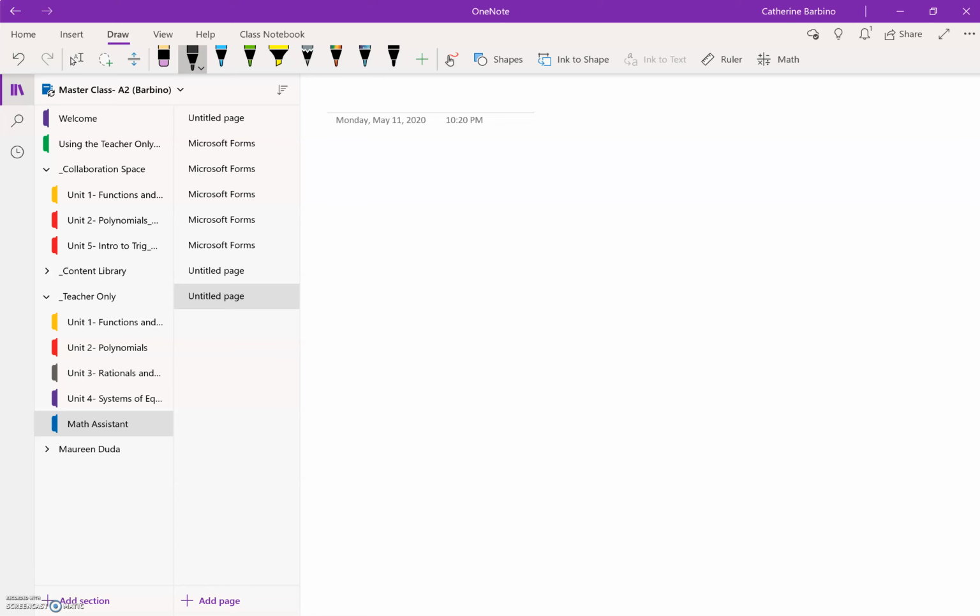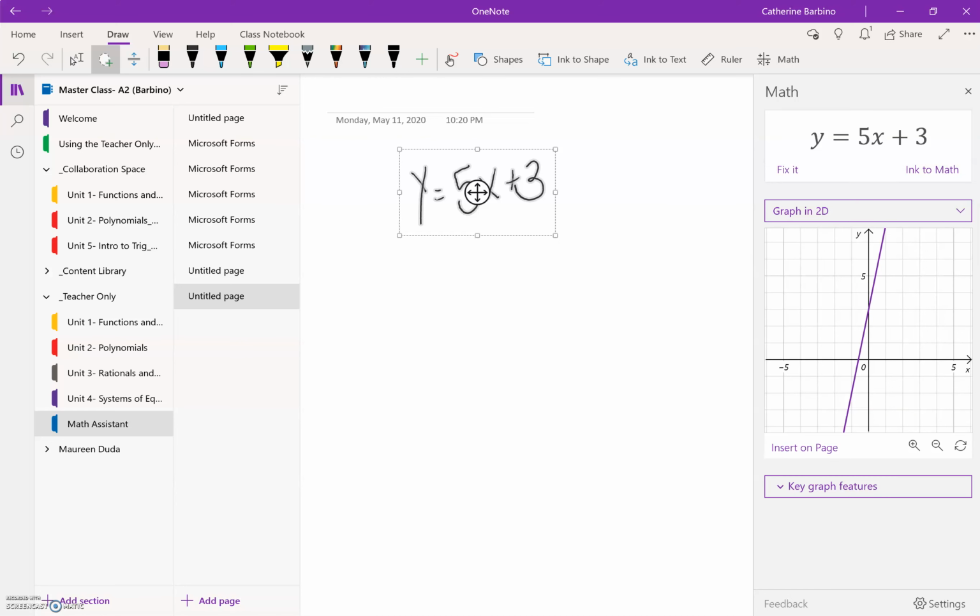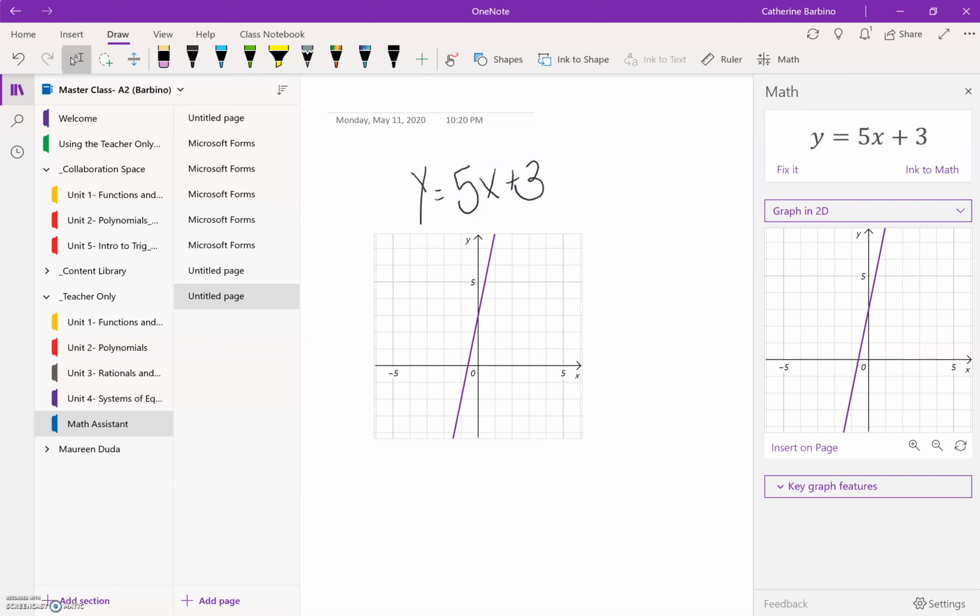So I'm going to do y equals 5x plus 3. Hopefully that wasn't too messy. I'm going to lasso it. Math. Perfect. So we know we can solve for x, we can solve for y, but we're going to focus on graphing. So I can graph. It obviously shows you this line. I can insert it right on the page, and now